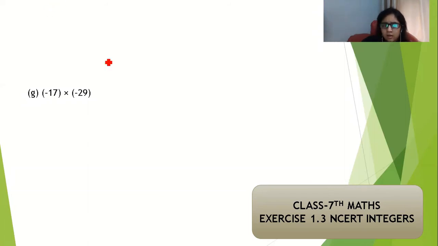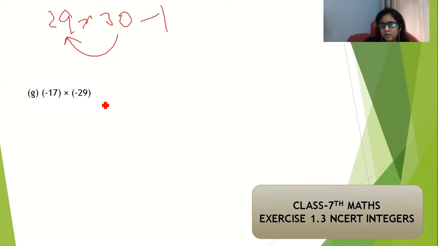And can I write this 29 like this, 30 minus 1? Can I write like this? Because when I solve this 30 minus 1, I will get the same, that is 29. And just in the same way I will do in this equation, so that my equation will become easy to solve. I will use the distributive property so that I can solve this equation.